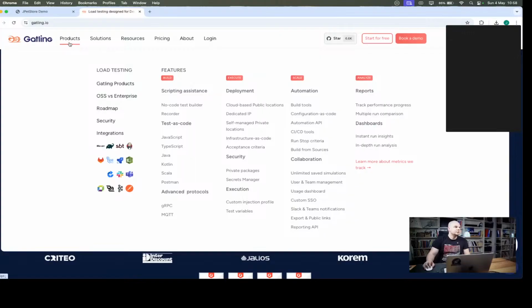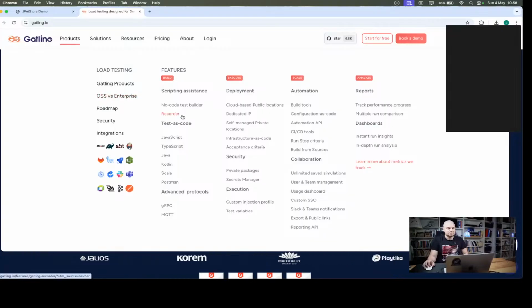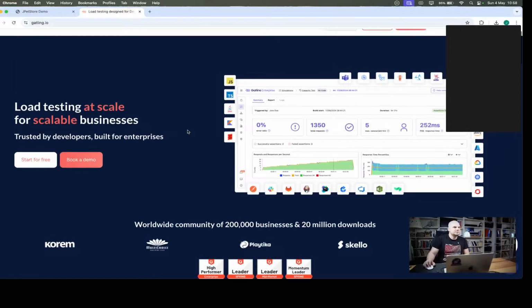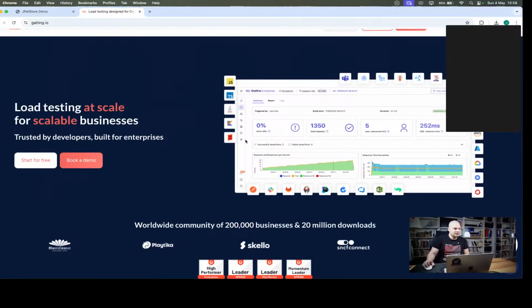They do have an open source instance, which is what I'm going to use for my local testing. The enterprise, well, I will have to arrange that with the sales team before I can actually stream that. I'm pretty sure these guys will let me show you around their enterprise products. The way I understand it, at least from the documentation that I've read so far, is that the enterprise gives you more